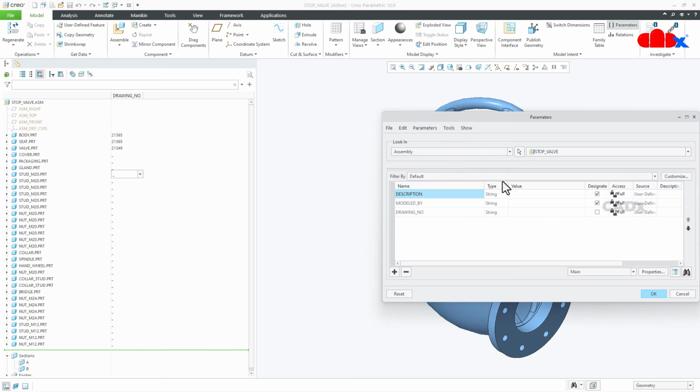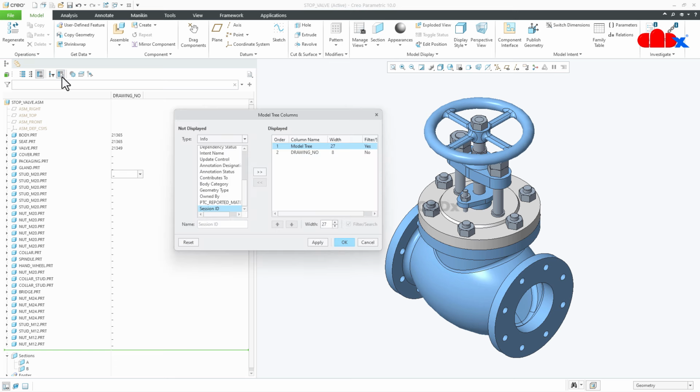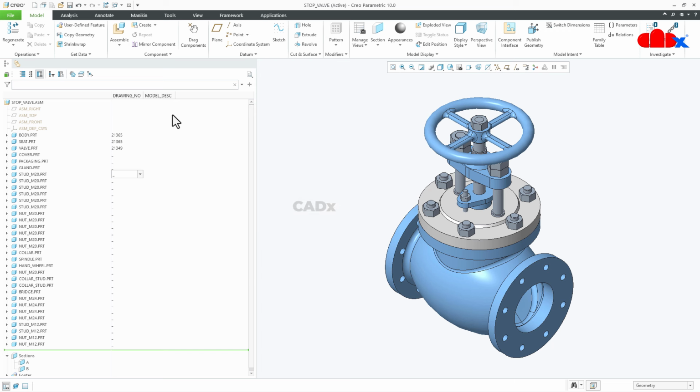Similarly, in case you need model description, then first you add model description as your assembly parameter. Again I will take string here. I'll say OK. Now if I go to tree column, model parameters, I'm getting model description here. I'll select this, take it this side, apply, OK. Now you are getting another column for model description. So just like that, you can add all the parameters at a time,